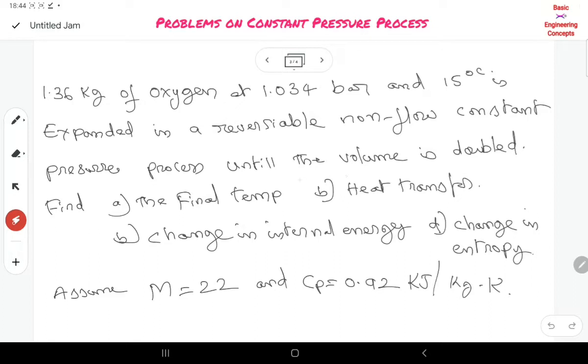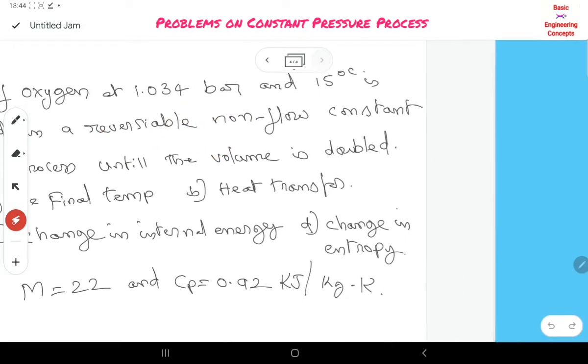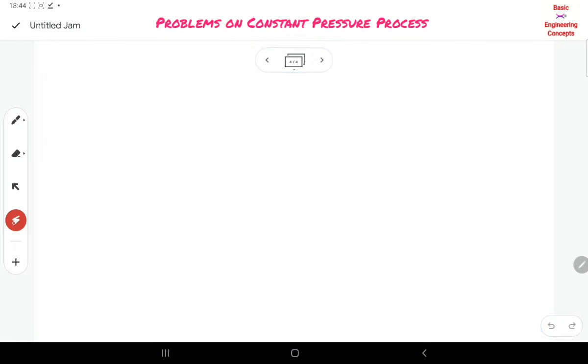V2 is given in terms of the initial volume. The volume is doubled here, so V2 is equal to 2V1. So now we are going to write the data: m is equal to 1.36 kg, and P1 is equal to P2